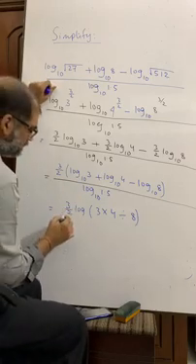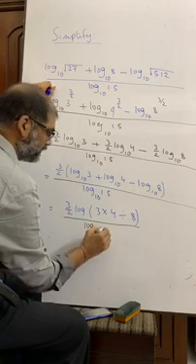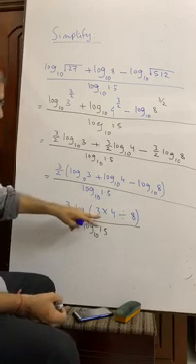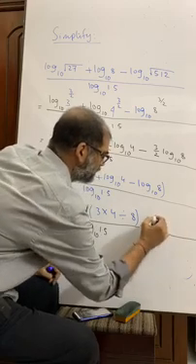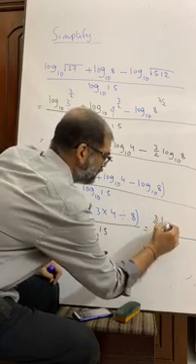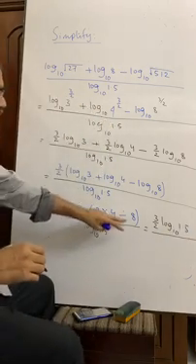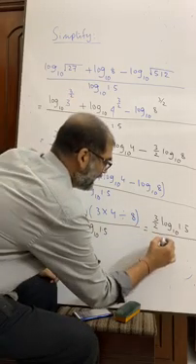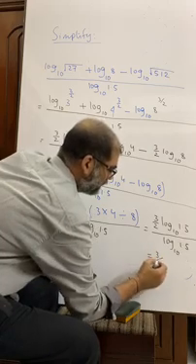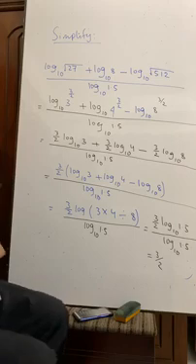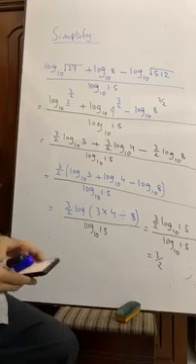Log 10 base 1.5. Now you calculate with the help of a calculator. That means we are left with 3 by 2 log 10 1.5 here in the numerator. 3 4s are 12 divided by 8 equals 1.5, and here also log 10 base 1.5, that is equal to 3 by 2. This is really the most important math to be given in the examination. Write to me if you fail to understand anywhere.